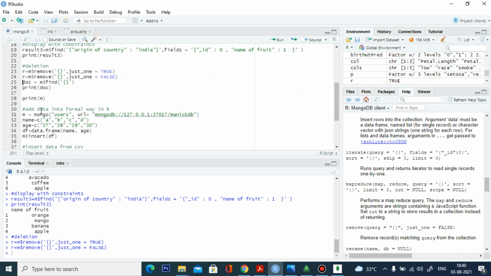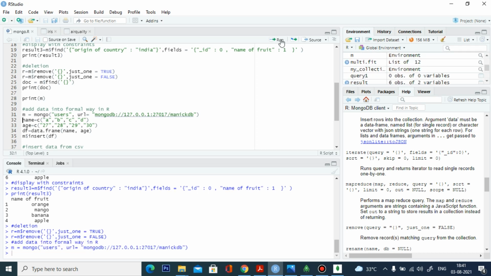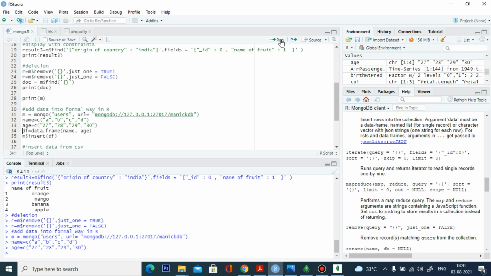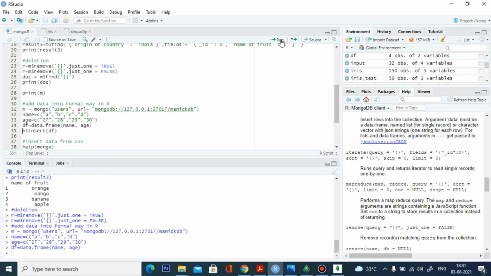So this is the actual way to insert the data using R. First we have to create the database. So here I'm going to create a database, the collection name, nothing but a table name, called users, under the database called MongoDB. So I'm going to run this, and I'm going to create two variables, two data frames, name as a data frame and second, age as a data frame. I'm going to create the data frame by using these two variables,